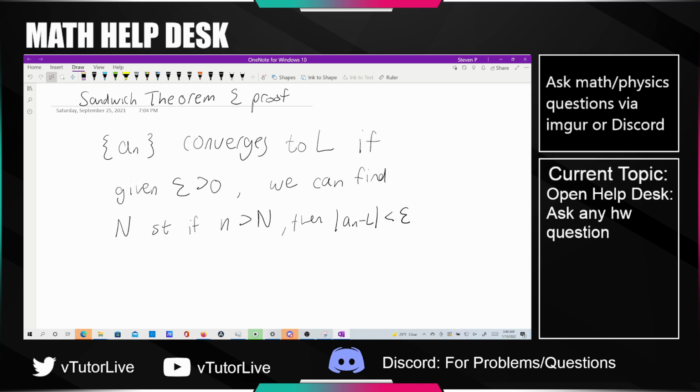So, one of my students today asked me about the sandwich theorem, or particularly the epsilon proof using the definition of convergence for the sandwich theorem. So, to start this little discussion, we will start with the usual definition,